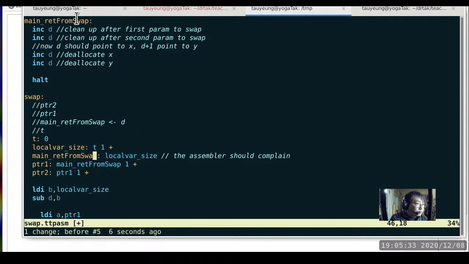Are we looking over someone's code? Yes, I am looking over someone's code. Someone could not get this program to work, and so I'm using this as an opportunity to illustrate how to debug a program. So we got PTR1